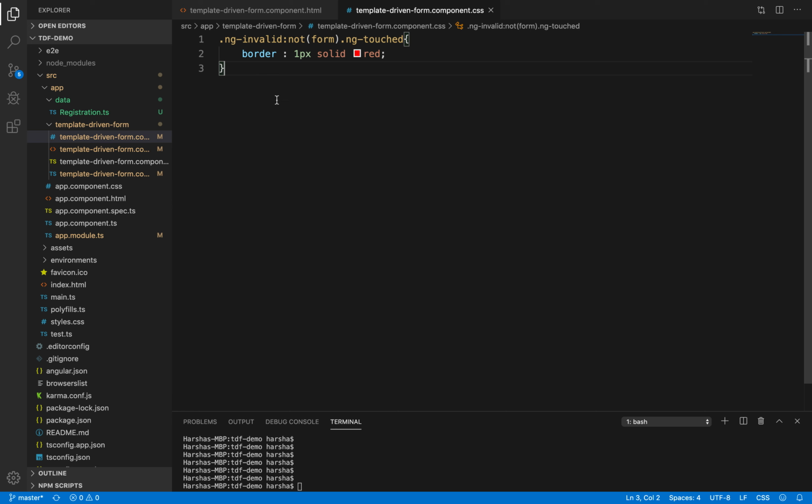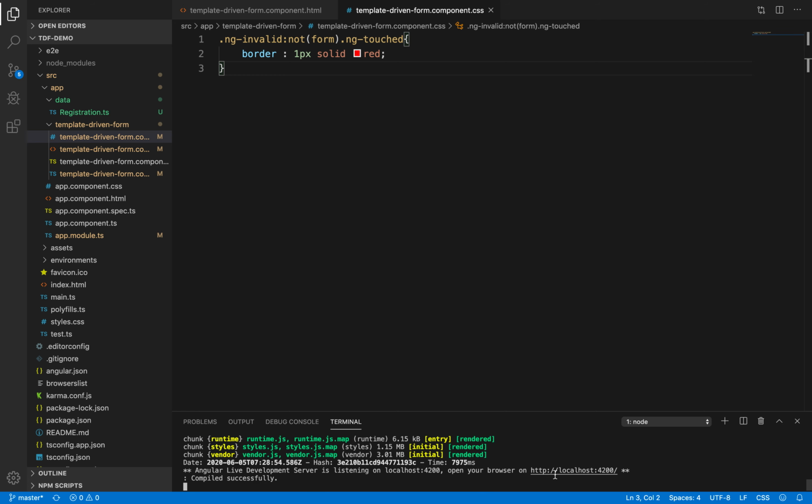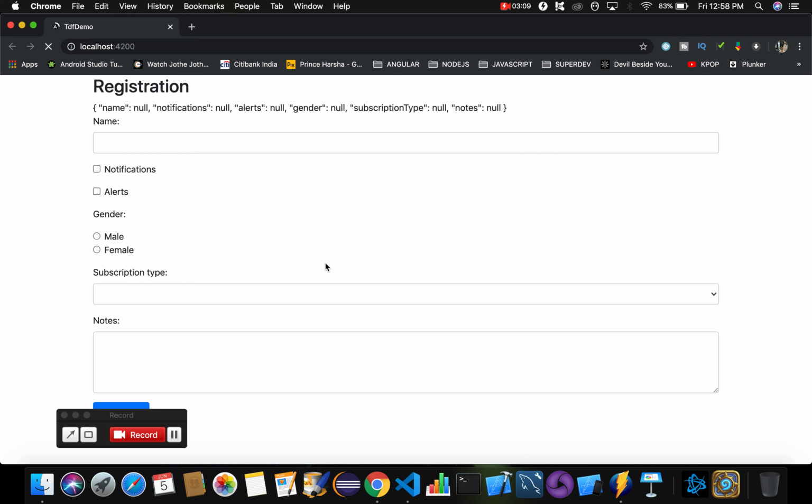Now once we have applied this styling, let's run the command npm start. It's getting compiled. Compiled successfully. Now if you observe the web page,